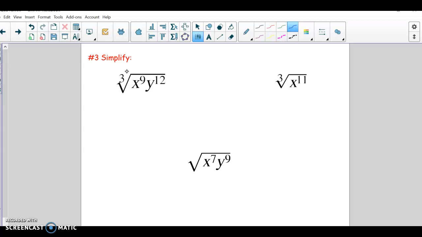Okay, so the first one, the index evenly divides both of these. So we can just write it as 9 divided by 3 and 12 divided by 3. So that is our solution. Okay, and then on this third root question,